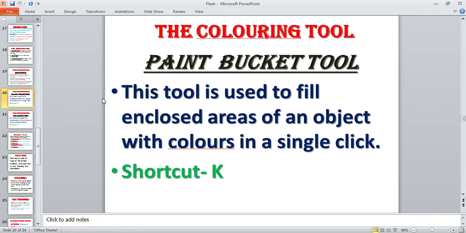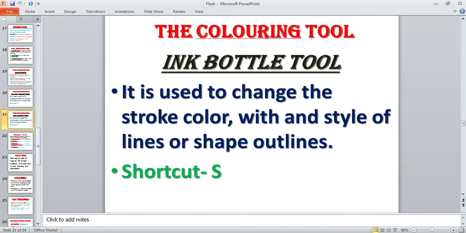This is the paint bucket tool. Another given is the ink bottle tool. This tool is used to change the stroke color and the style of the line or shape outline. That means it will only change the outer line of the shape. The shortcut key is only S.